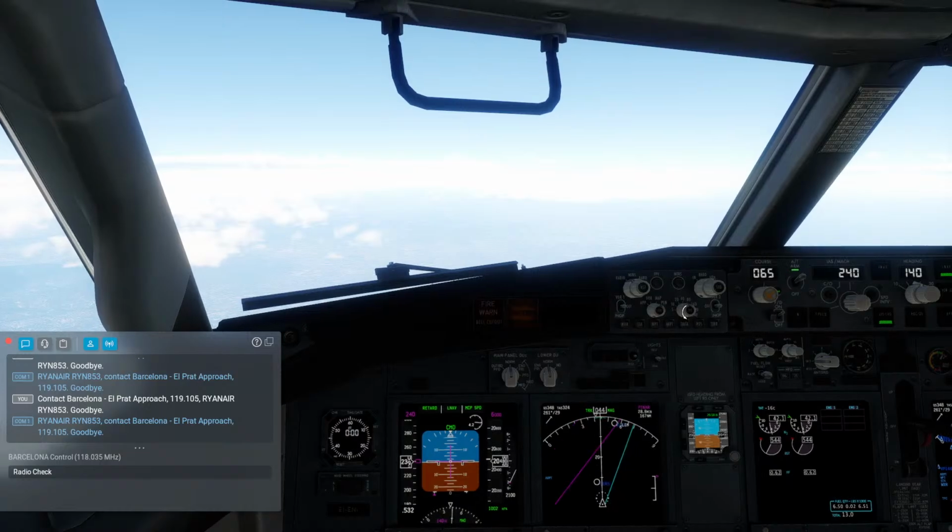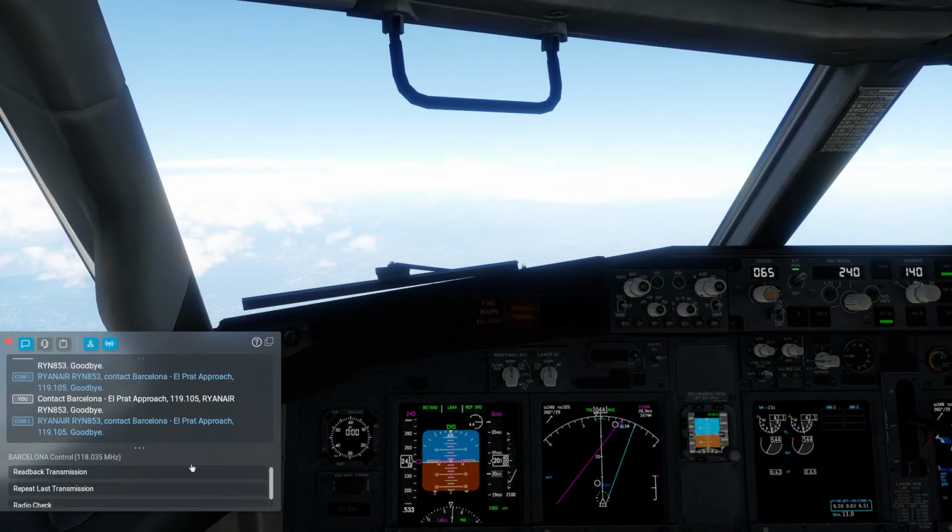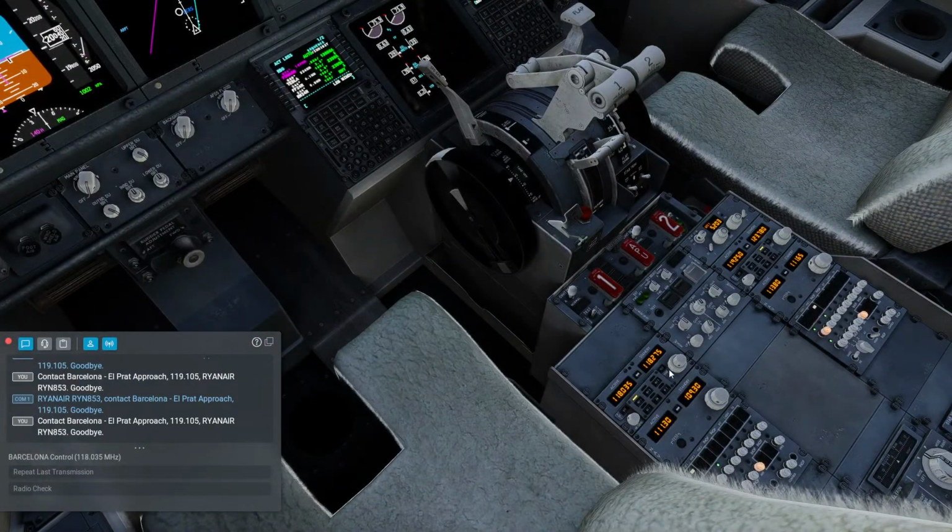Ryanair Romeo Yankee November 853. Contact Barcelona El Prat. Approach 119.105. Goodbye. Contact Barcelona El Prat approach